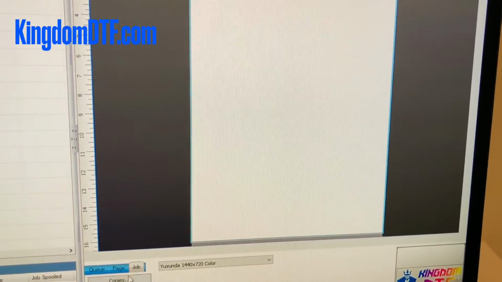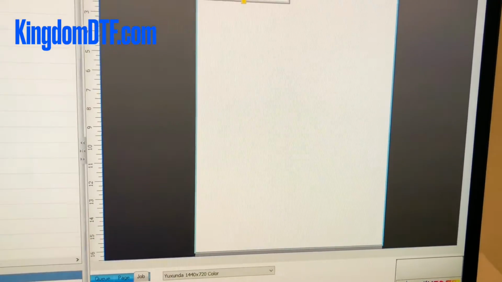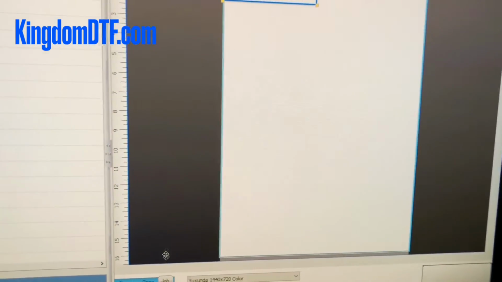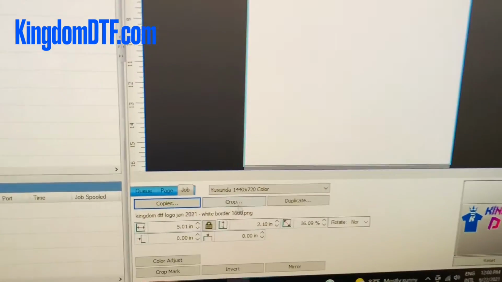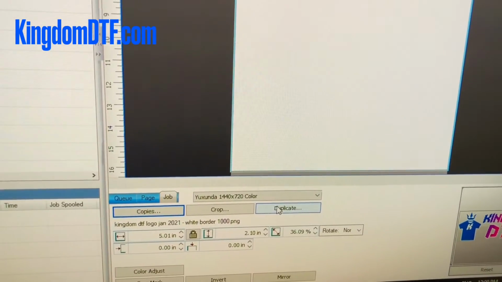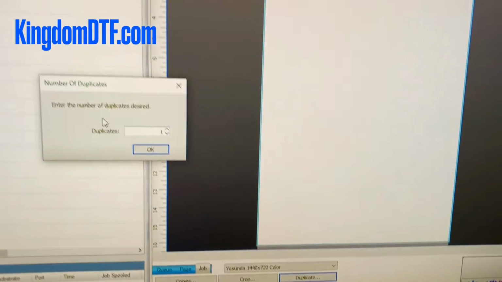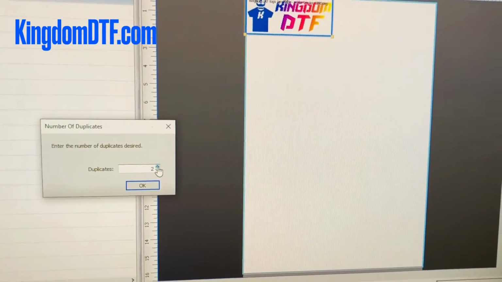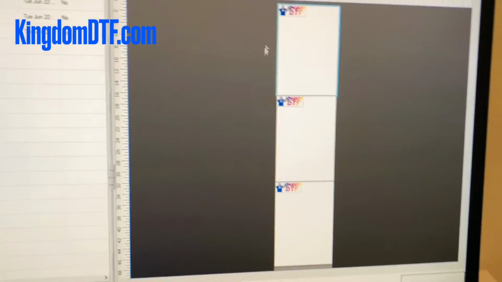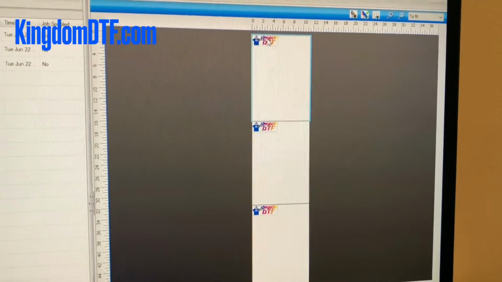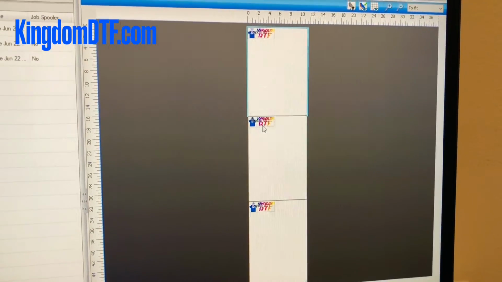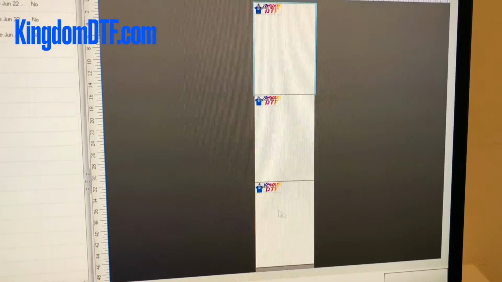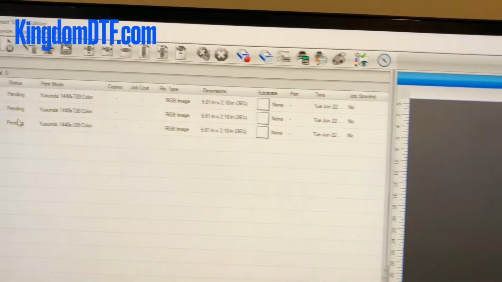Okay, so let's go back just a moment. Let's go back to the logo, and then you got your duplicate. If you click duplicate, it is going to ask you how many times you want to duplicate that. So let's do 2 times, and it's going to put the same design. It's going to duplicate, but it's going to be on a different page. So now you got 3 pages with the same design, and then you can see it over here